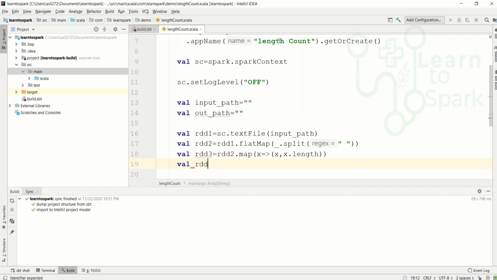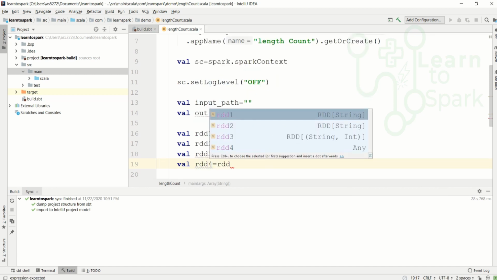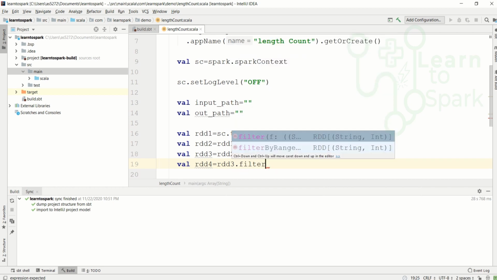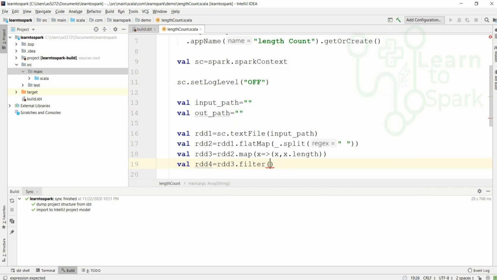Now we are generating the RDD4, which will be rdd3.filter. Here since we have calculated the length, now we need to filter it only for the words with the length greater than or equal to 6.